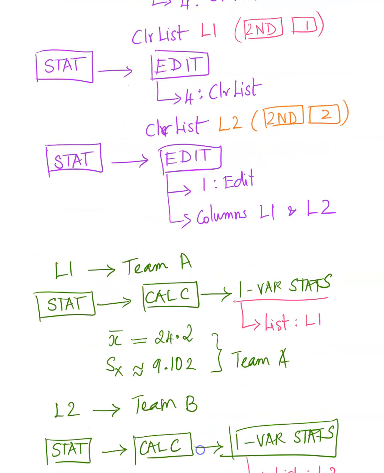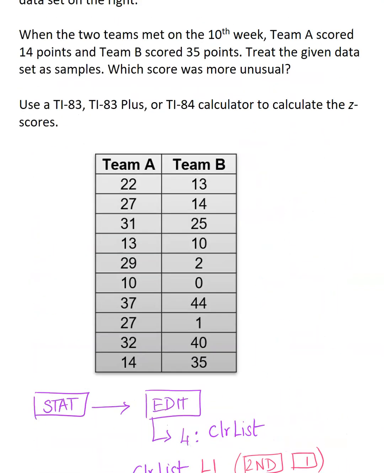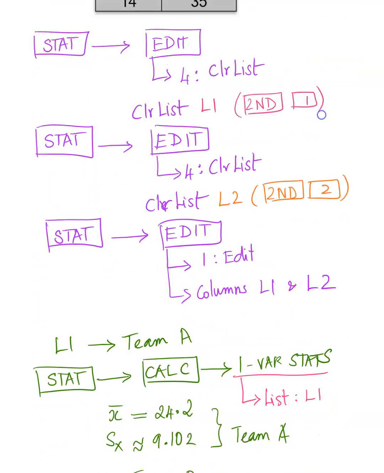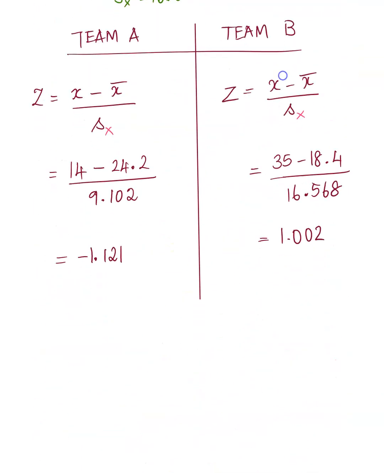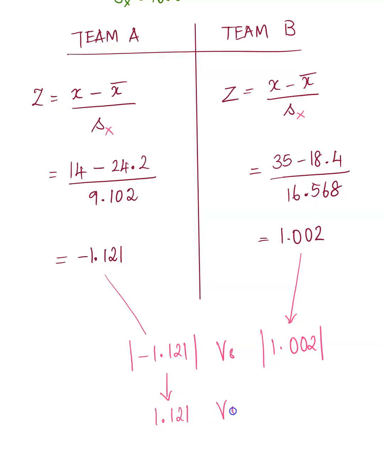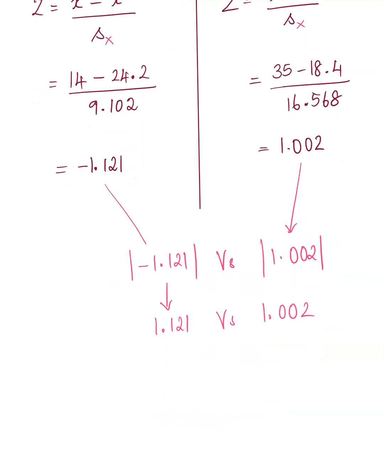Now let's go back to the question, and it says, which score was more unusual? Okay. Well, again, you're just doing a quick comparison here. And to compare them, you want to take the absolute value. So if you take the absolute value, it returns a positive answer for this one, right? Versus 1.002. So this one is greater